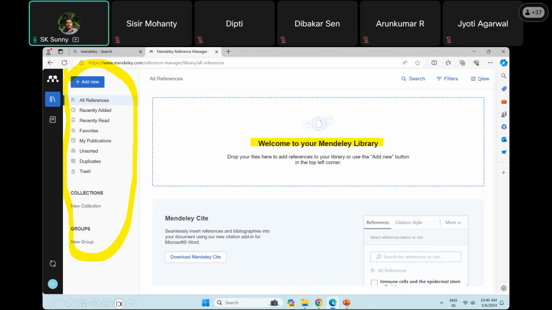On the top right side, we have the search option. We click here and we can search. We have a filter option, multiple ways of filtering documents from Mendeley. Then the view option is also there. We will see practically. So once you install Mendeley on your computer, you also need to install a Mendeley Cite